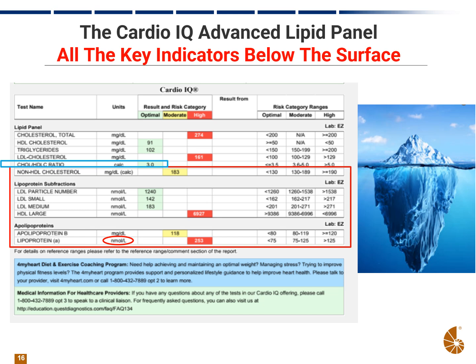Here's an advanced Cardio IQ lipid panel, and it shows you, again, at the top, we have total cholesterol, and we have a normal total cholesterol to HDL ratio. So in many companies, this would not be rated or considered that abnormal since things look pretty good. But if you look in the red box,